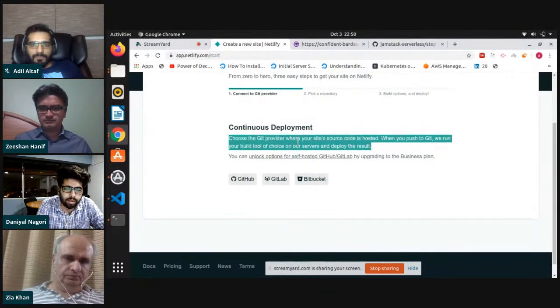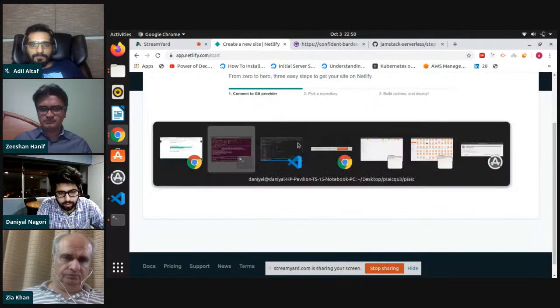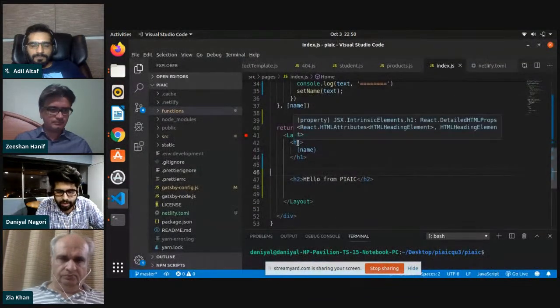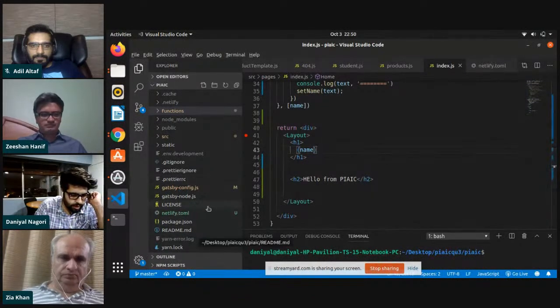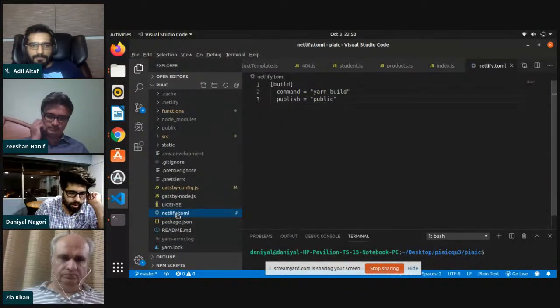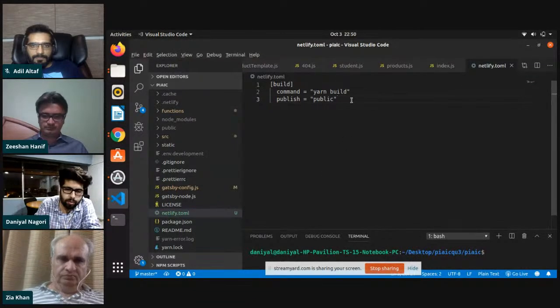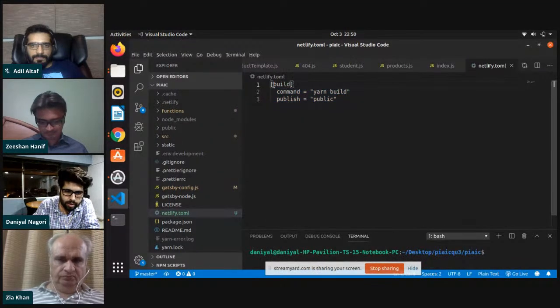Another way is Netlify CLI. From Netlify CLI, we can also deploy the application. The way is simple. We just need to create a netlify.toml file, and we have to write the commands and script here. First of all, it's the same thing Sir Zeeshan explained about the build part and command. Both are very much the same in